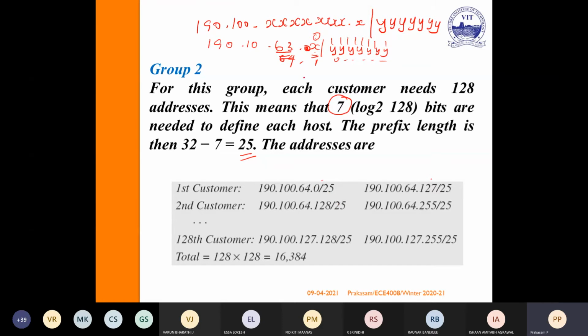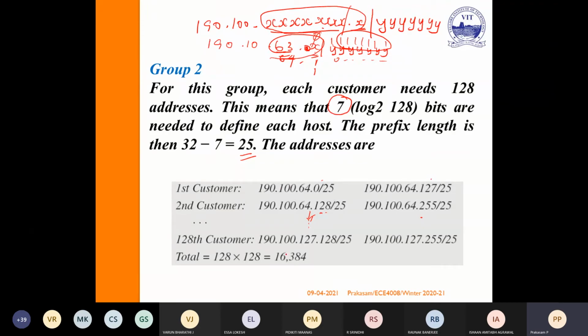That is from 0 to 127. For the next customer, I am going to increase this as 1, so automatically it will start from 128. Again, all these bits will vary, so it will vary from 128 to 255. Similarly for the third customer, fourth customer, because I need only 128 customers. In the similar way as the previous case, I am increasing the combination of these 8 plus 9 bits from the last one, then converting that to decimals.